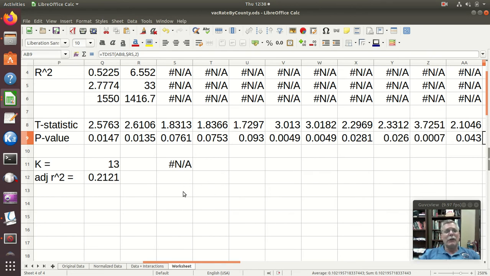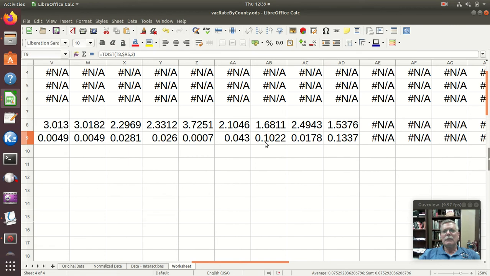I certainly thought I wanted to get rid of those. But what you should find is if you do get rid of any one of those columns, actually your adjusted R squared drops. And so for the model, what I would suggest is you keep those things in there. Okay, so I would keep that column and that column and this column